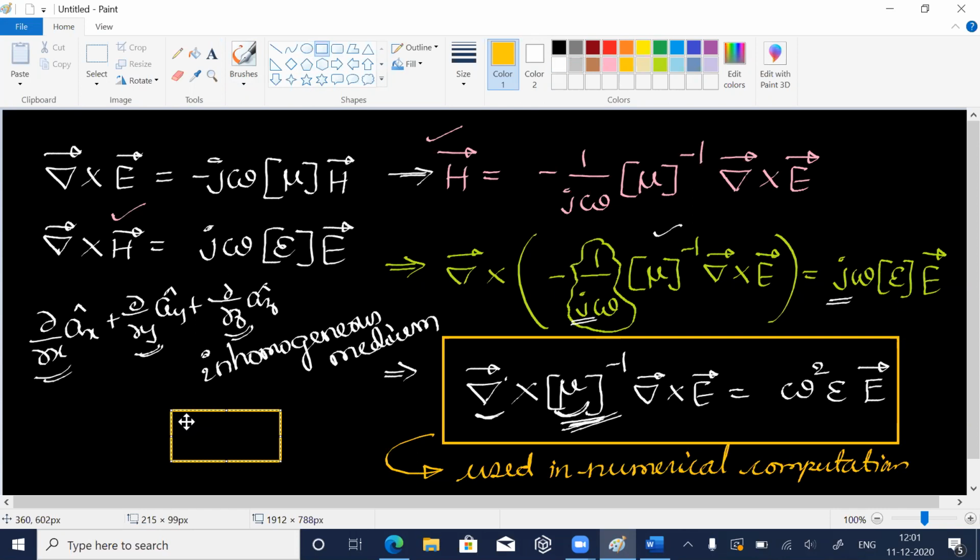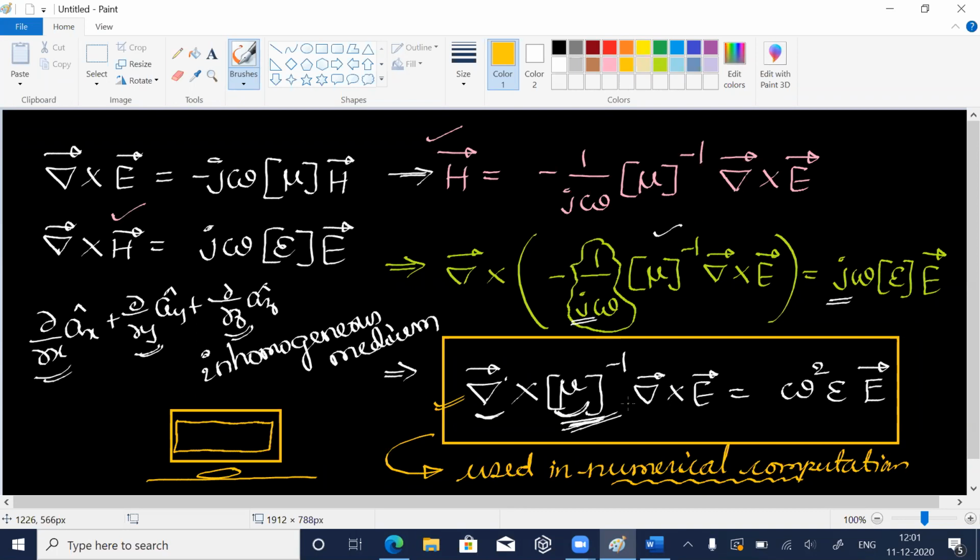What I want to say is this is really good when you are programming this, or when you use a computer. I just drew a computer like a TV, think of it as a computer. Numerical computation means you're using a computer to analyze something, okay? So in this case, it is a good equation, but if you want to do it by hand, it is not really a favorable equation. So therefore what we do now,